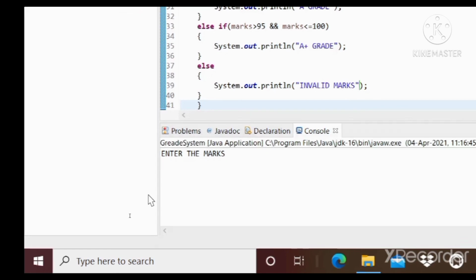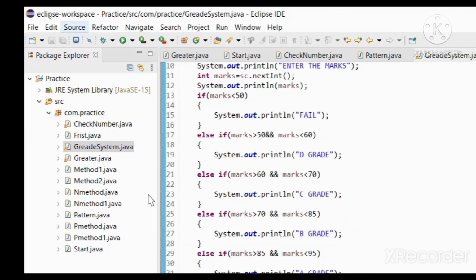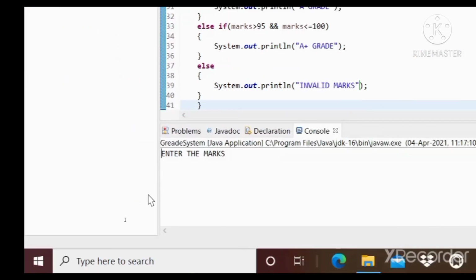So if we enter the marks 40, then it shows fail, and if we run it again, it also shows the message. If we enter 98, then it shows A plus grade.